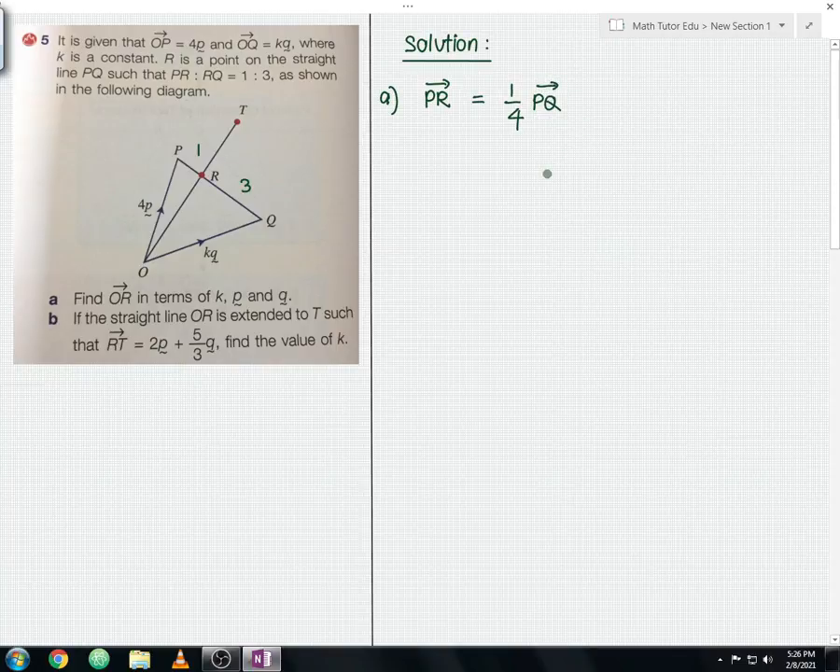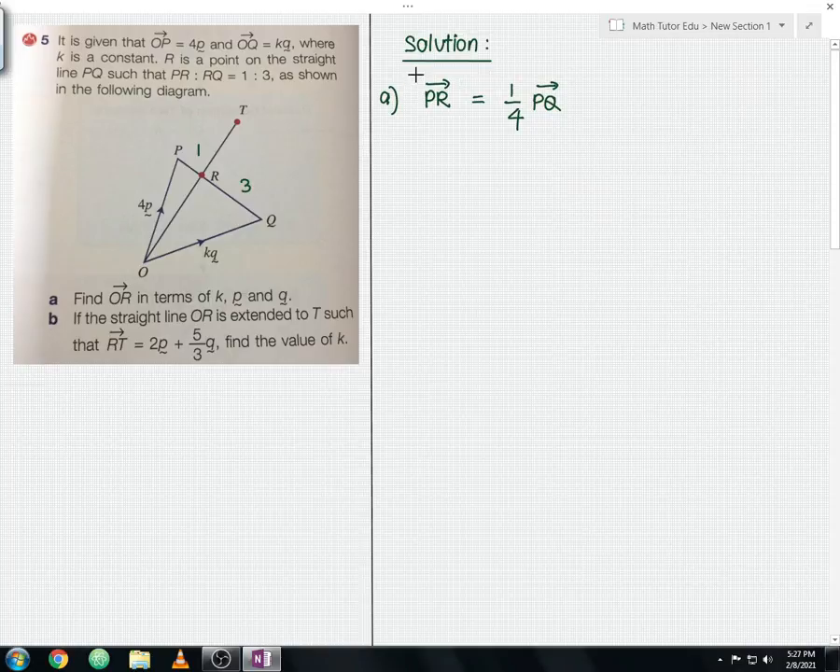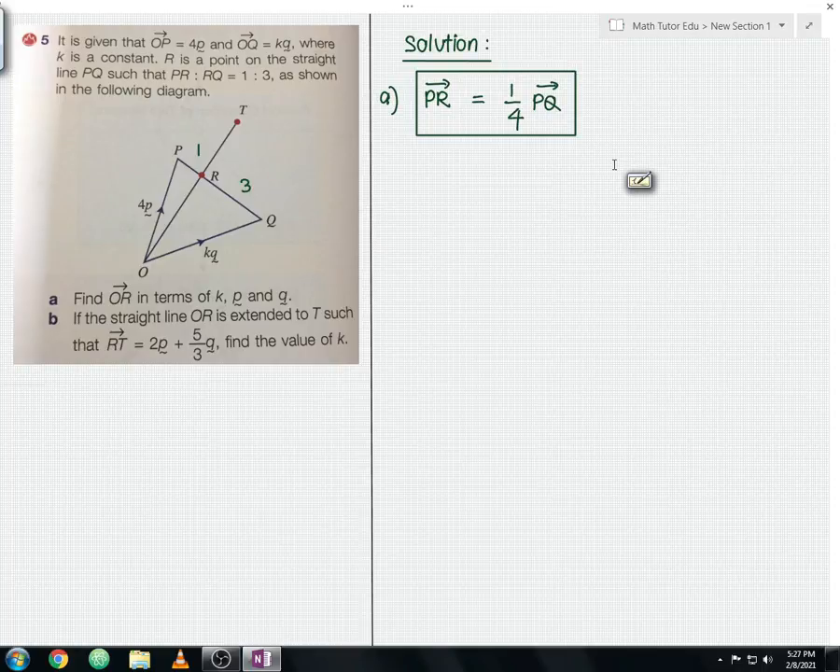Okay, I hope you understand, guys. 1 plus 3 you get 4. The 4 represents the overall length, which is the vector PQ. So to find the PR, it will be 1 over 4. I hope you understand the concept behind this. Let me box this, guys. This relationship we're going to use in our upcoming working, but for now let us focus on finding the vector